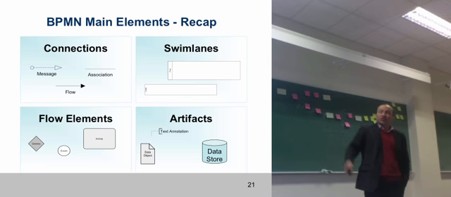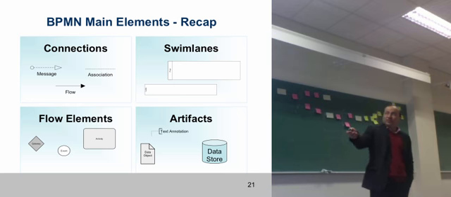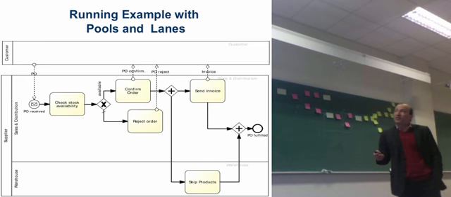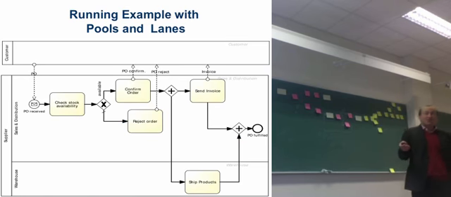means of associations. And one rule is that never ever do you have a flow going from one pool to another pool. From one pool to another pool, you can only have message flows, which are dashed lines like this one. And one aspect that perhaps I didn't emphasize, I'll come back to it, is that